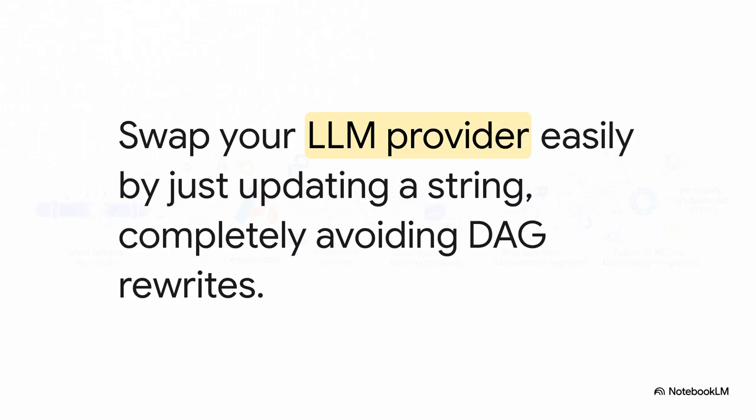You get incredible portability via Pydantic AI connections. This allows you to swap your large language model provider by simply updating a string. You completely avoid having to rewrite your DAGs. If you looked closely at the code examples in our source material, you might have noticed there are actually no hard-coded models in the DAGs themselves. Nope. The Pydantic connection is defined purely with the provider:model string within Airflow's connection manager. So, if you suddenly need to switch from one model provider to another tomorrow, you just update that connection string and your pipeline just keeps running perfectly.